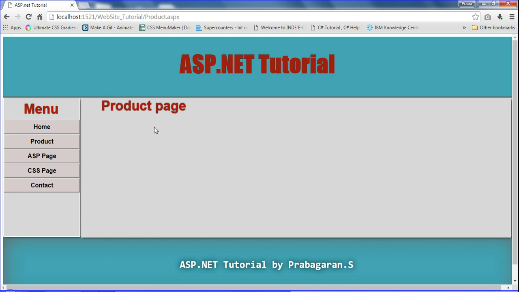On this product page I have label 2, get result. The get result label gets the message that I declared in the text box, here in this place. So how to do that?